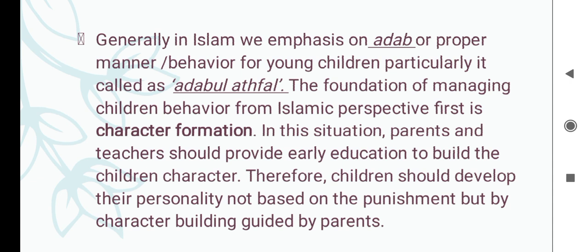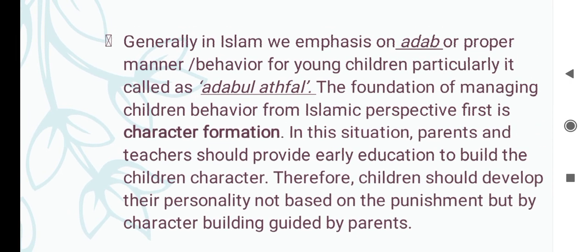So generally behavior or manner or adab for young children particularly is called adabul atfal. It's an Arabic term. Adabul refers to manner, atfal means child, okay? Adabul atfal means the manner of the children, okay? So the foundation